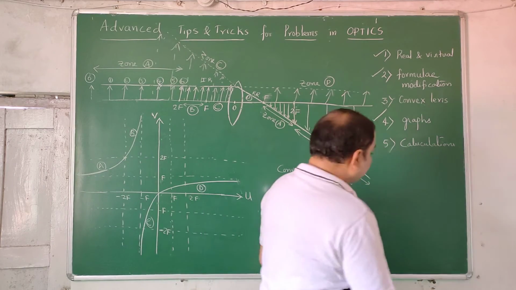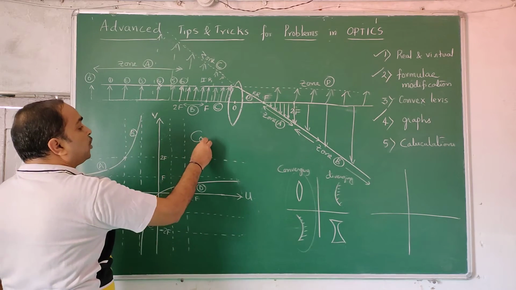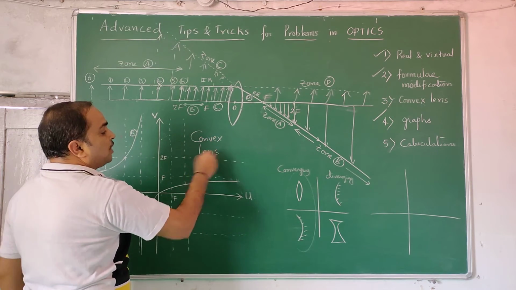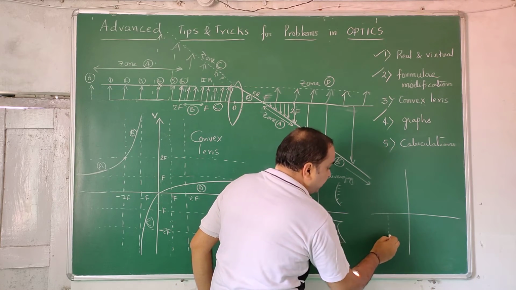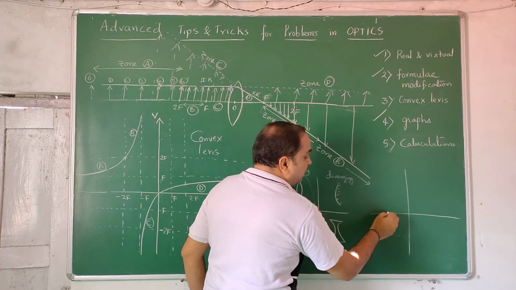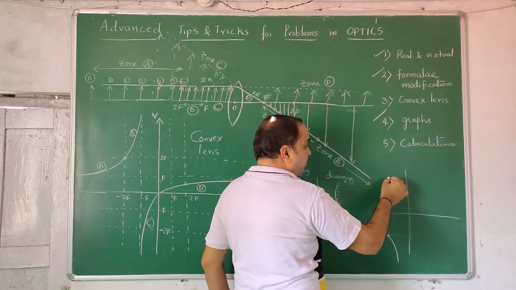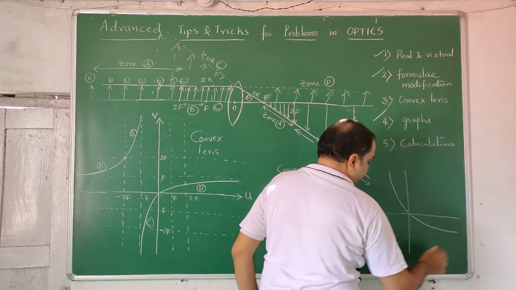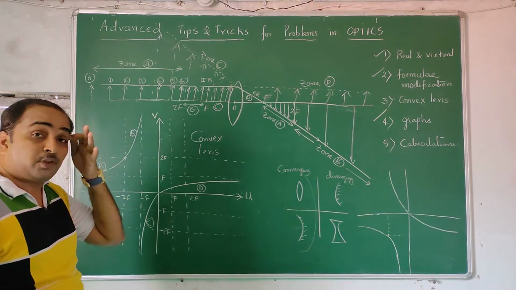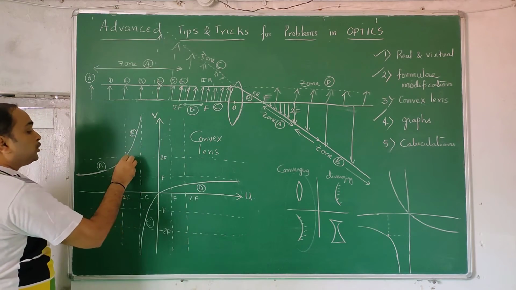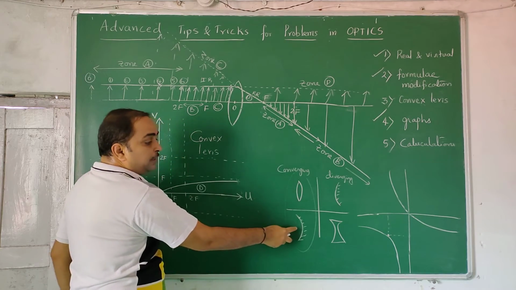For example, if I have another graph, and this graph is not related to this, it is an exclusive graph for convex lens. Now I want an exclusive graph for concave mirror. Then that minus 2f meeting point, you create it. This is minus 2f and this is the minus 2f meeting point. So you will get a graph like this. Exactly quite opposite, you will get a graph here. So this will be the graph for convex lens. The 2f meeting point I have written here is for convex lens.